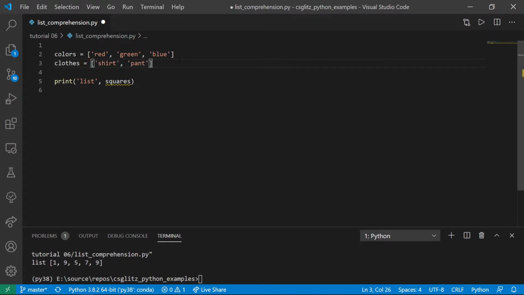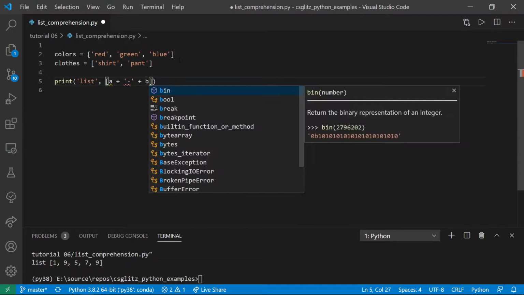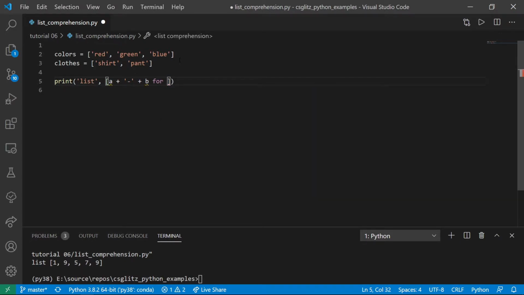We can apply it on two iterable elements as well. Using the zip function.